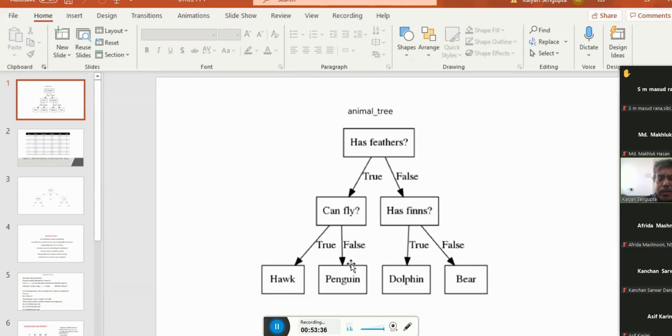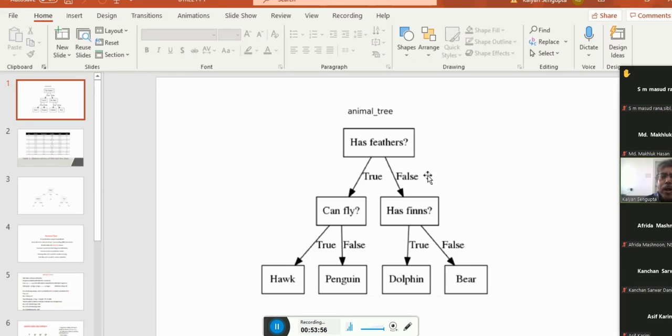Why is it a tree? Because you can see it looks like an inverted tree, because the root is on the top and the leaves are at the bottom. So it is some kind of an inverted tree. It grows in a binary nature normally. We can see this tree is growing.